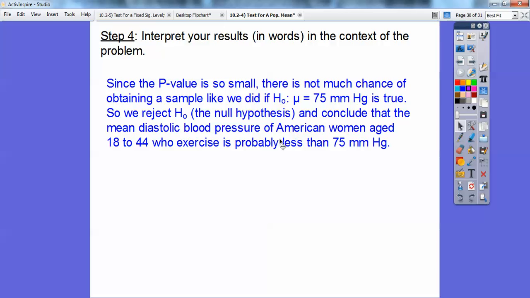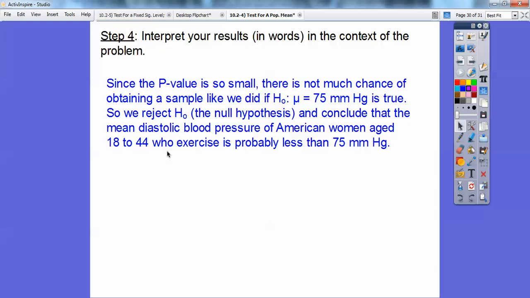So we reject the null hypothesis and we accept the alternative hypothesis if you want to say that, but you also have to conclude that the mean diastolic blood pressure for American women aged 18 to 44 who exercise is probably less than 75 millimeters of mercury,